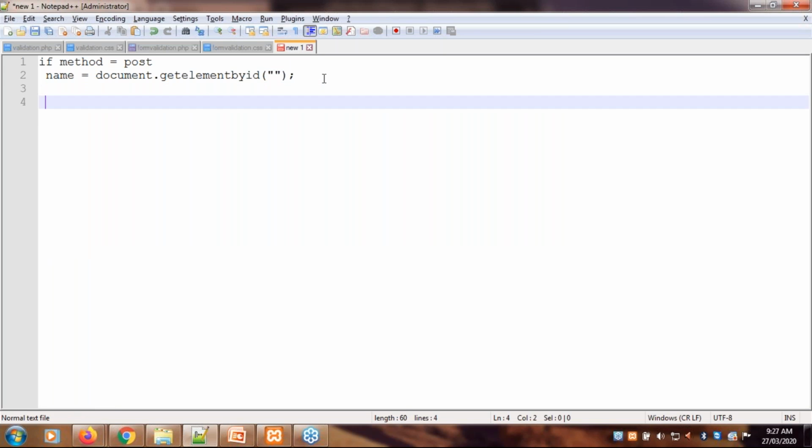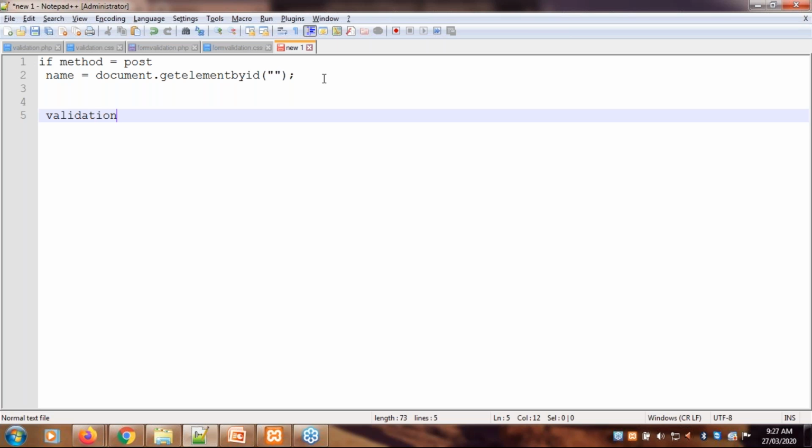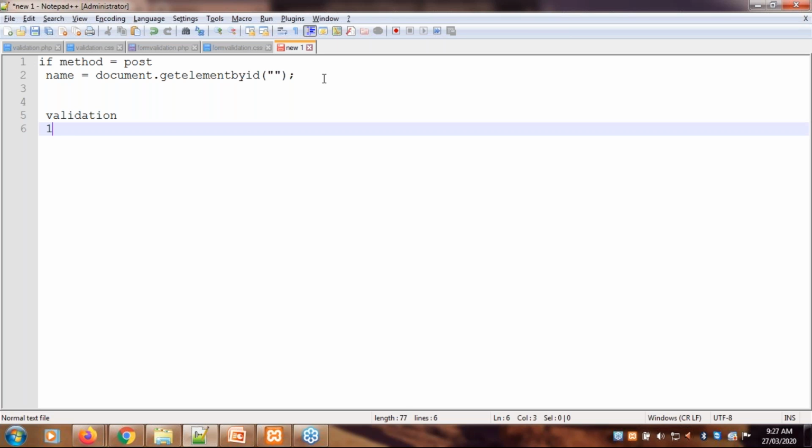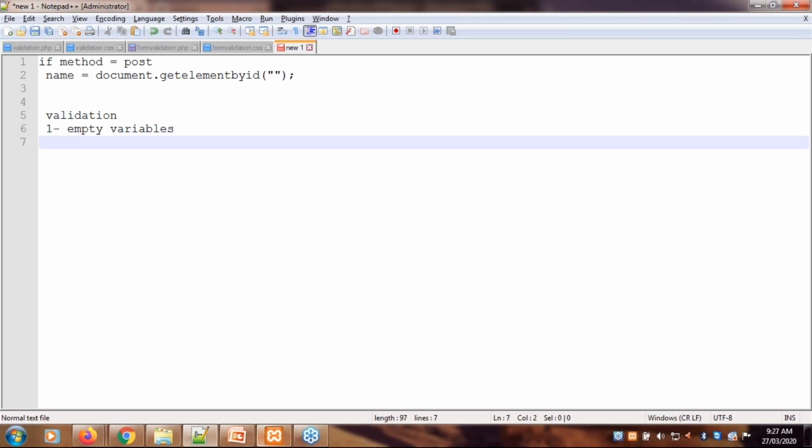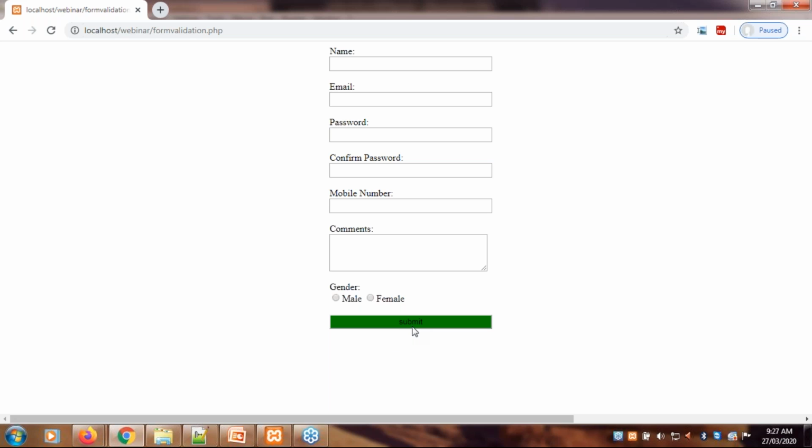So for validation, we will check for an empty variable, right? Let's say after submitting this form, if the user has not entered a name, at that time we have to display an error message.